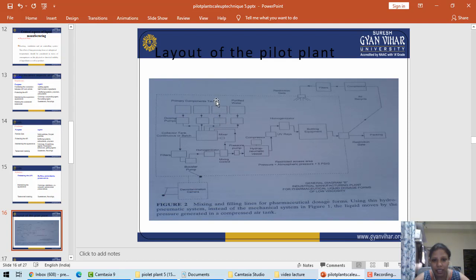Primary condensation tanks are there, which are used to store the material. For example, we want to make a syrup of paracetamol, so in one tank we are taking the paracetamol, in one tank we can take the sugar solution, excipient, sedative, then through the pump, it will go to the mixing tank. We want to mix all the ingredients together in the mixing tank. Similarly, after filtration, it will go for the bottling and then packaging.